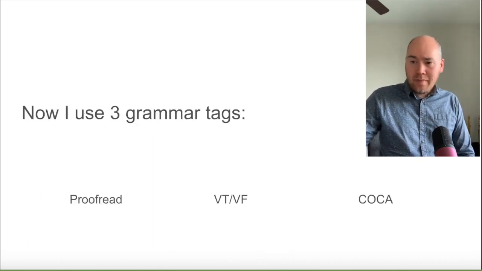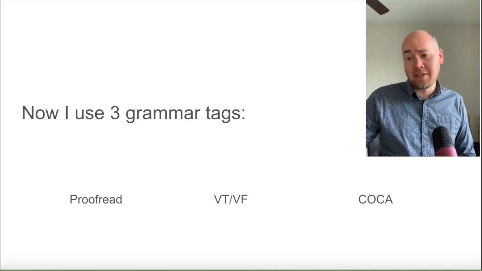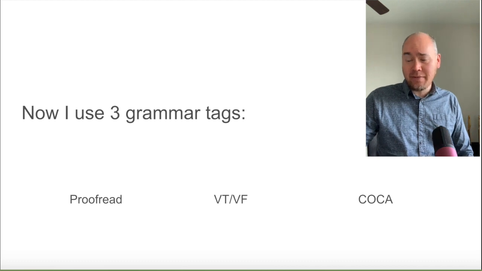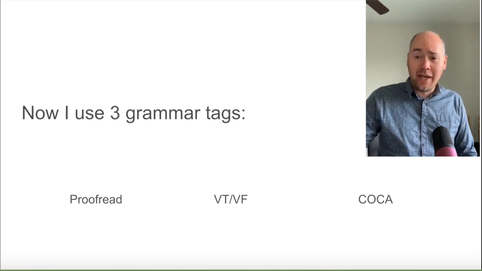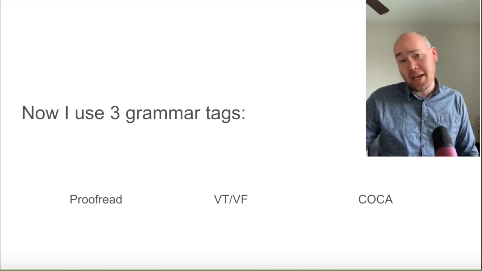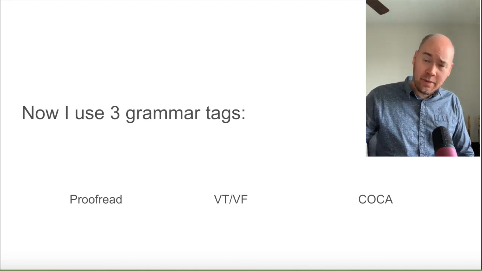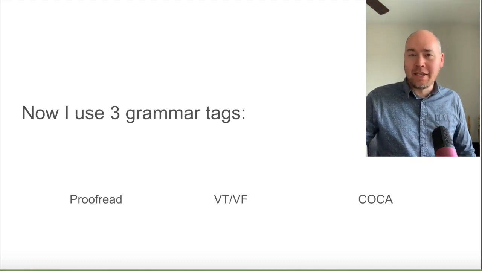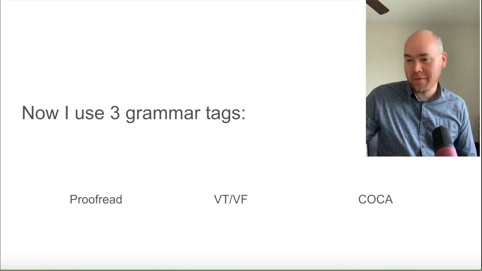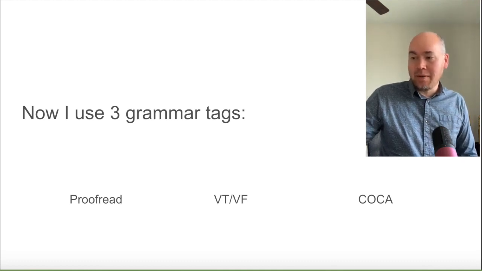Anyway, so I started using just 3 grammar tags. There's proofread, there's VTVF, that's one that I haven't been able to get rid of, verb tense, verb form, and then COCA. And COCA pretty much captures everything that's not a careless error and not a verb tense, verb form error. A lot of verb tense, verb form errors I'll also give the COCA tag for, but in particular, I use COCA especially for register mistakes,